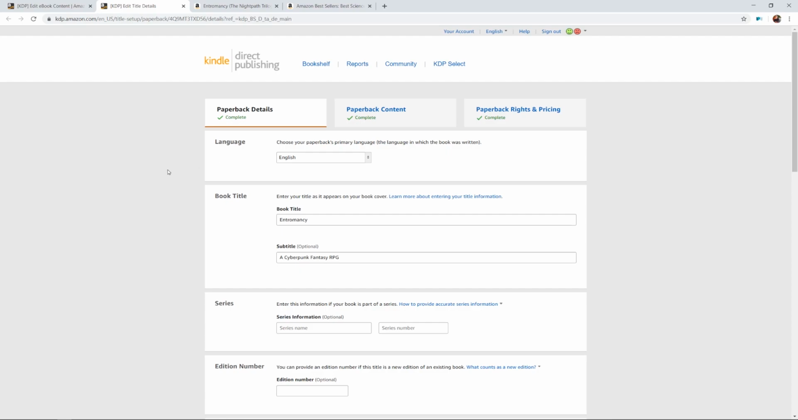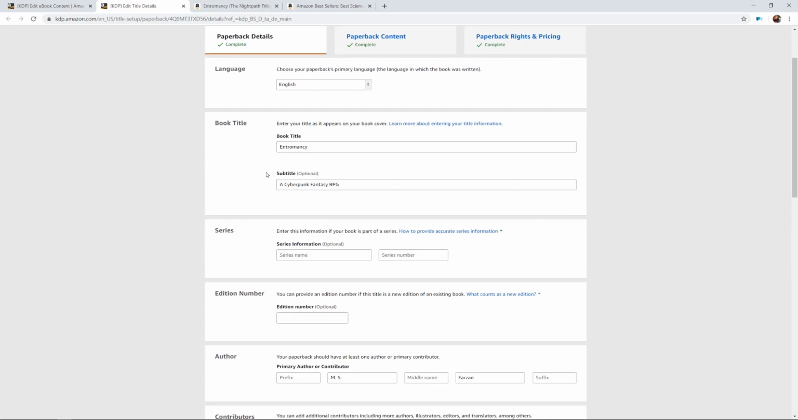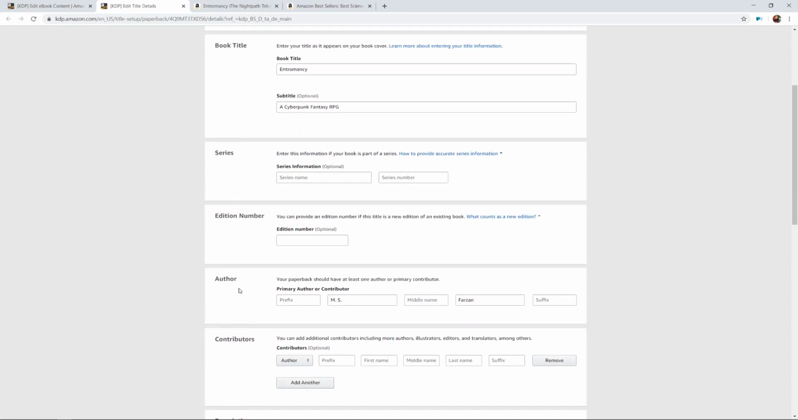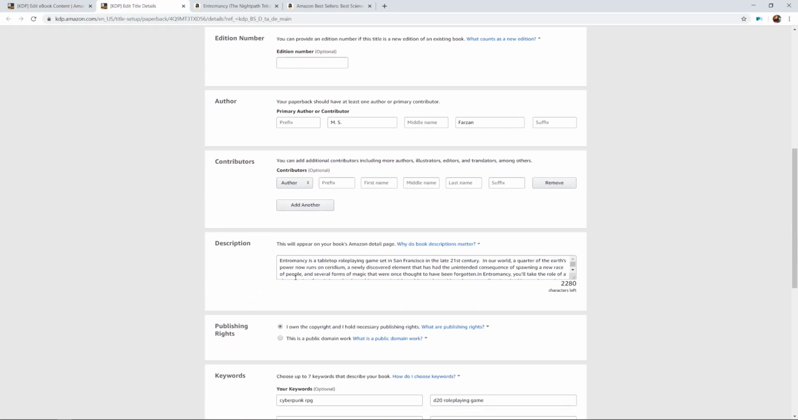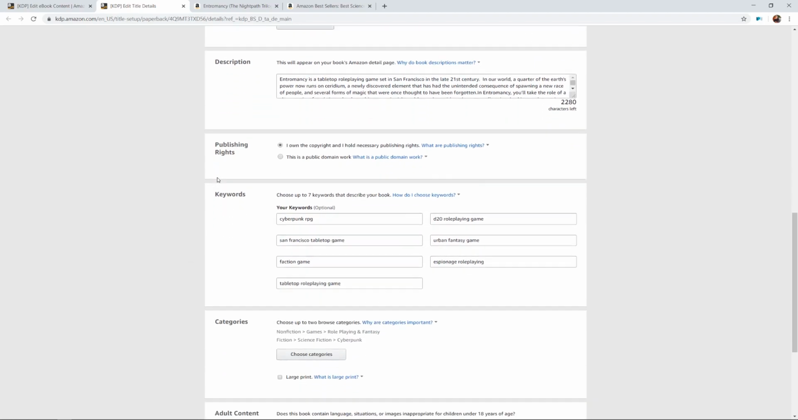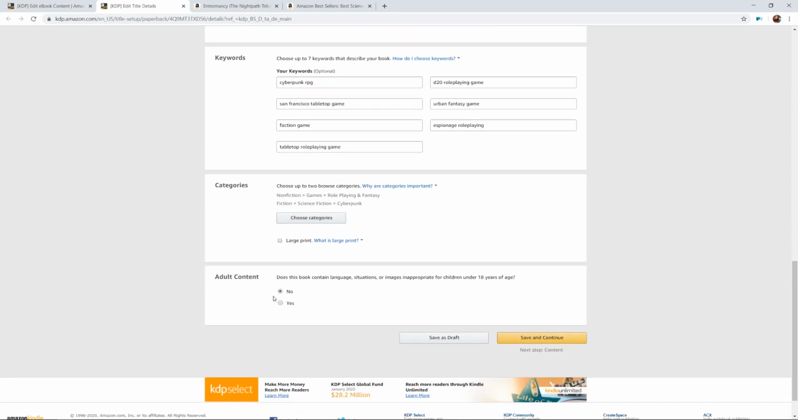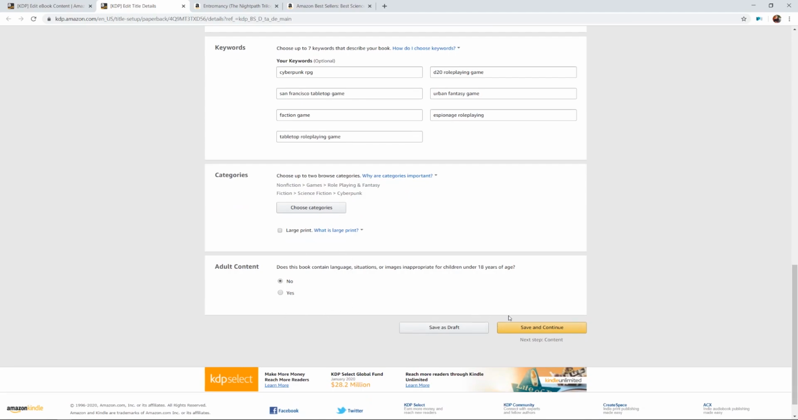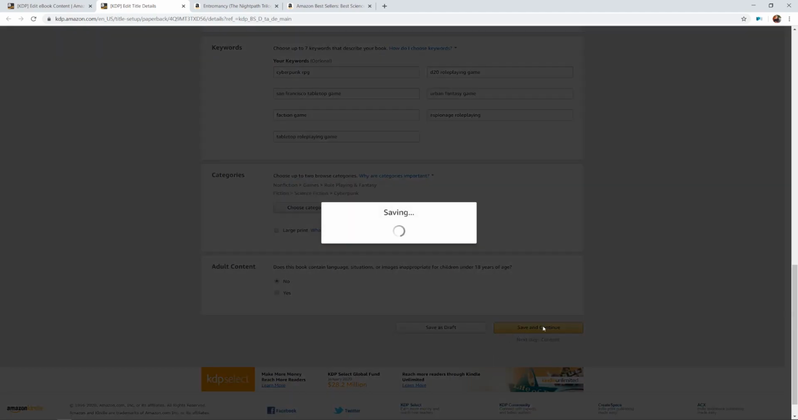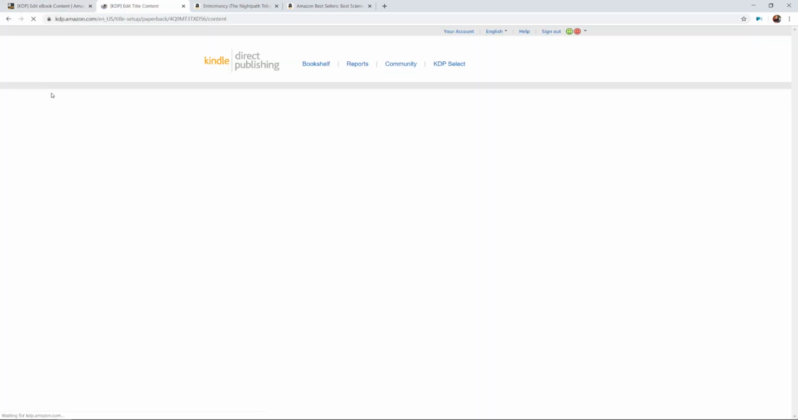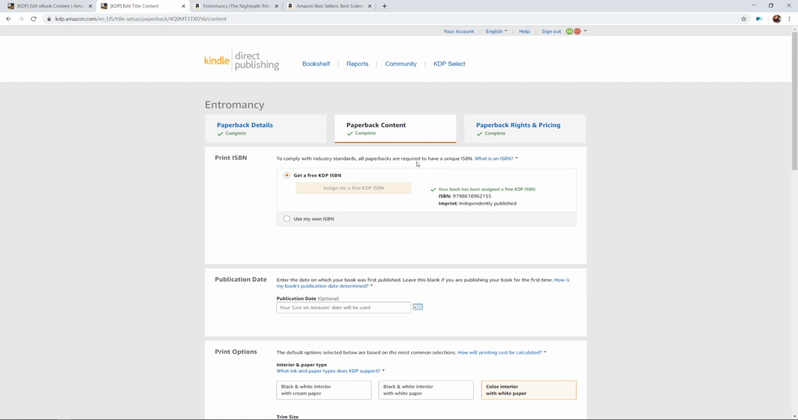In the paperback details, I do the same stuff. I enter a language, book title, series, edition number, author, contributors, my description, whether I own the copyrights. My keywords and categories are a little bit different from the ebook categories, but it's the same idea. Whether or not it contains adult content, mine does not. When I go to the next screen, I am greeted with the same content screen that we were just on,